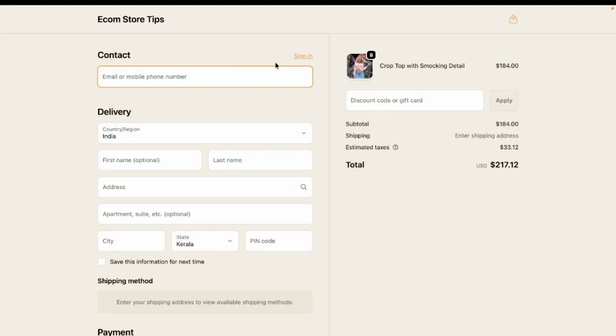So that's how you can set up a minimum order quantity for a particular product in your Shopify store. So just grab the link from the description box and try this out in